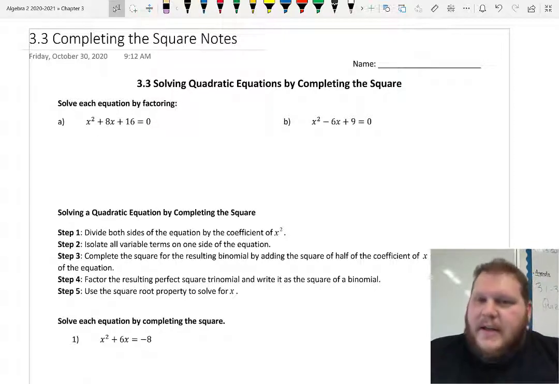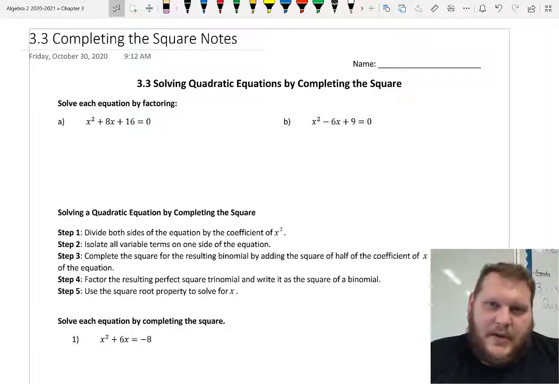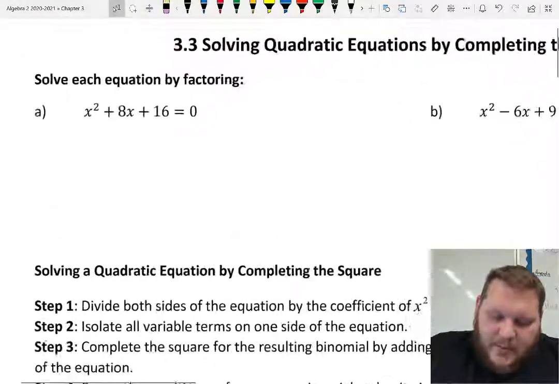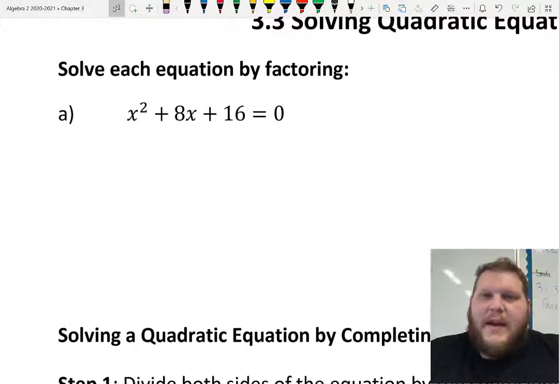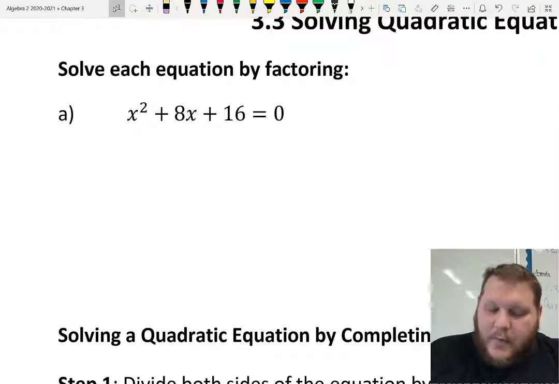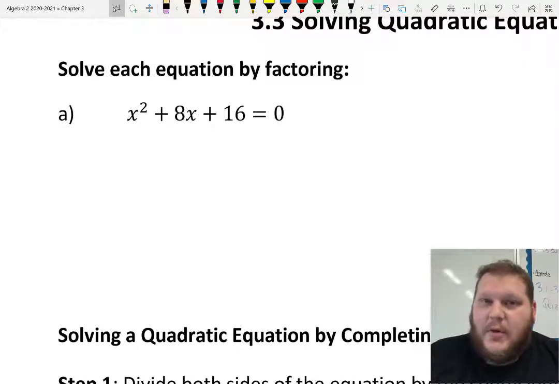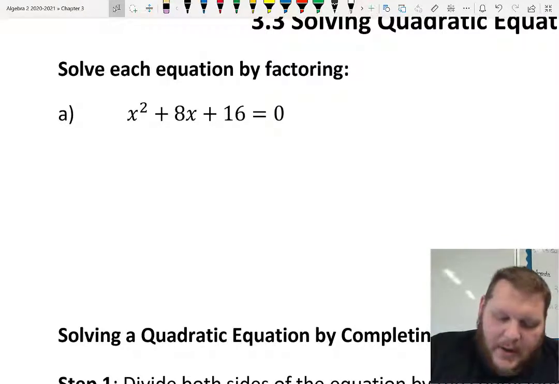So before we get into that, I do want to take a little bit of time just to go back through a couple of factoring problems because it'll help us understand the process of completing the square. So for these first two problems here, if we're asked to solve each one of these by factoring, because of the way that our equations are set up where it's just x squared for my leading coefficient, it's just a 1, I can factor this using our regular old school two parenthesis factoring,